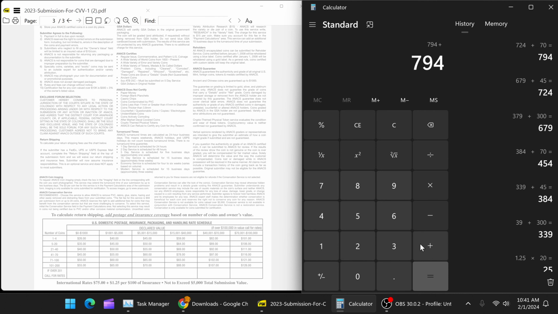So that's 6 times 8 is 48. 48 in tax. $842 to grade